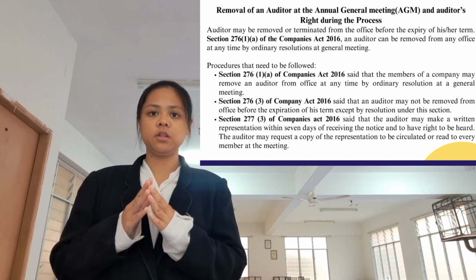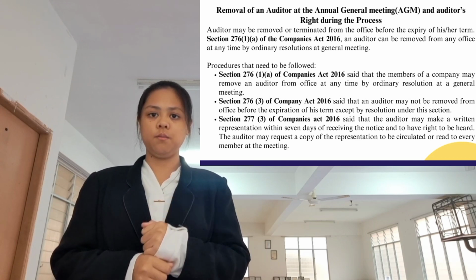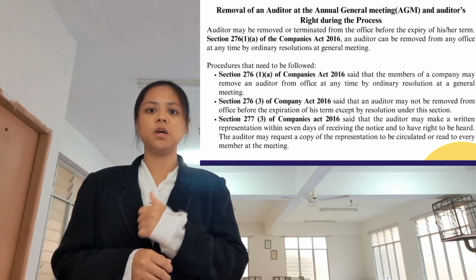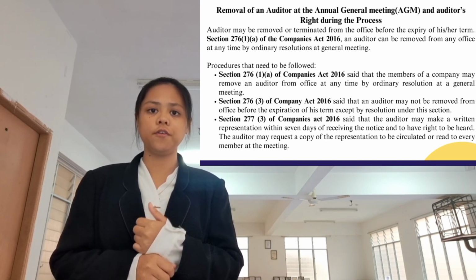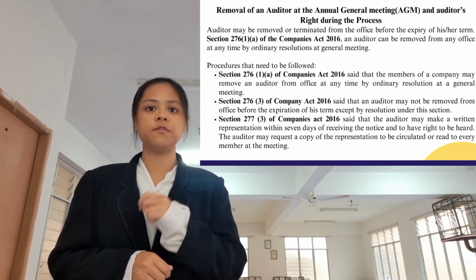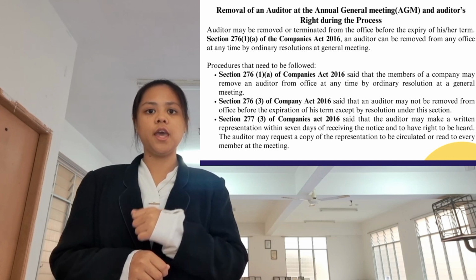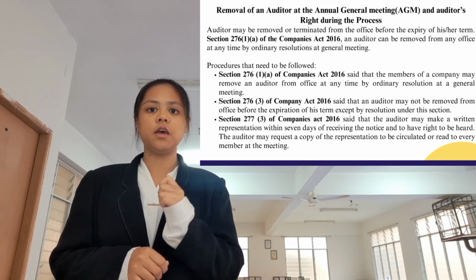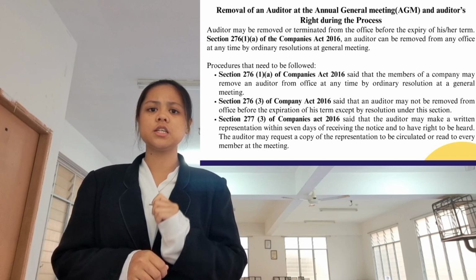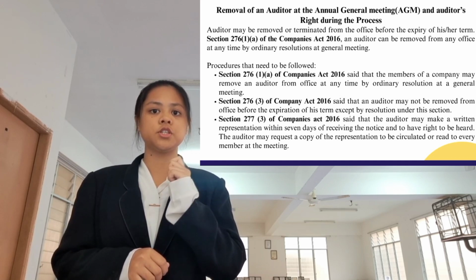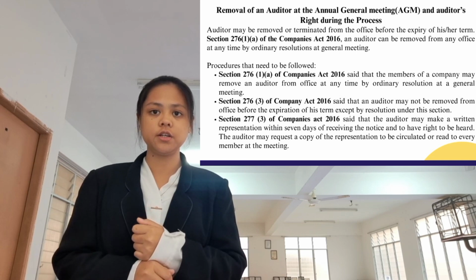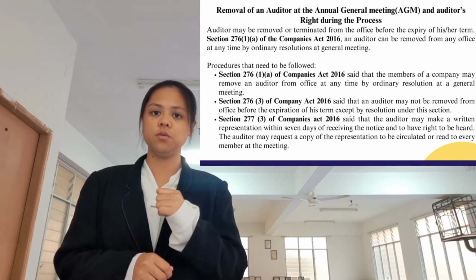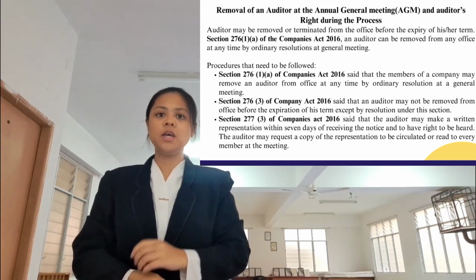In simple words, an auditor may be removed or terminated from office before the expiry of his or her term, which is 2 years and is renewable every 2 years. Under Section 276, Subsection 1, the removal must pass the ordinary resolution at the annual general meeting. Next,